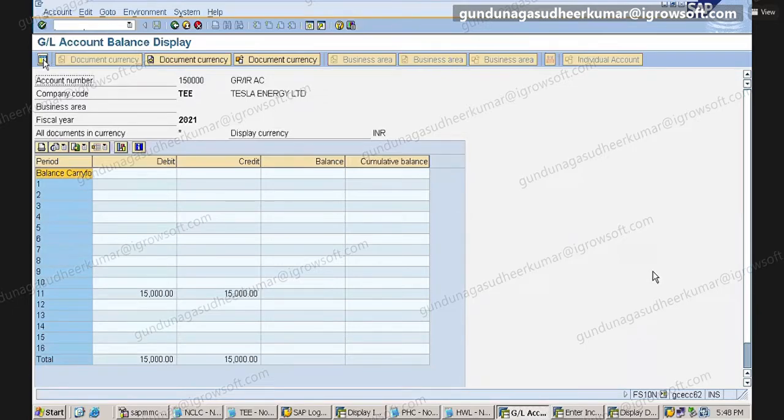Got it? Raw material to GR/IR, GR/IR to vendor. Is it clear? Yes, sir.